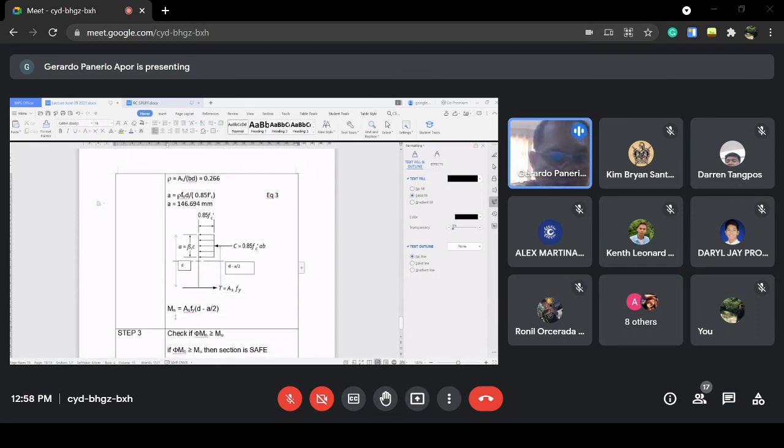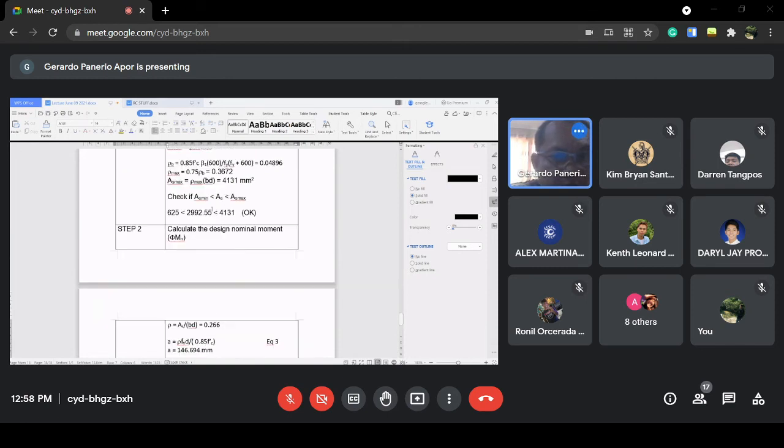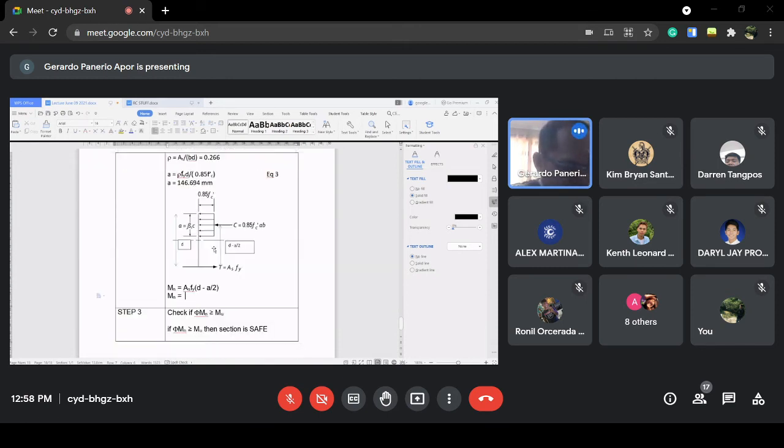So I can compute my MN. Can we really calculate MN? You can. Okay, I have my MN. My MN is 2992.55 times 250, the FY, times the quantity of 450 minus 0.5 of 146.694. And the answer is